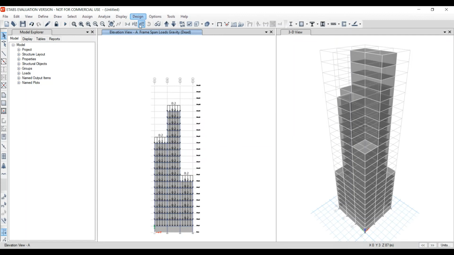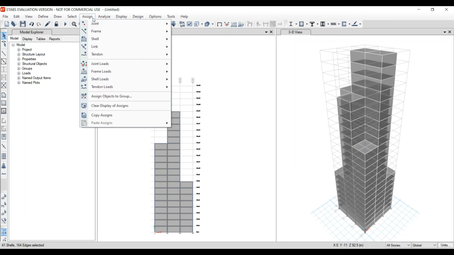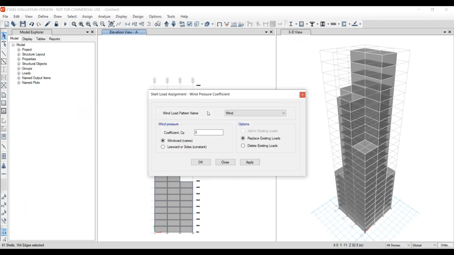Click on display, click on deformed shape, select all stories, select all the shells and click on assign shell loads, wind pressure coefficient, pattern as wind, and the coefficient from IS 875 table 4. The coefficient for this side of elevation is 0.8 for the windward side, and click on apply, then OK.